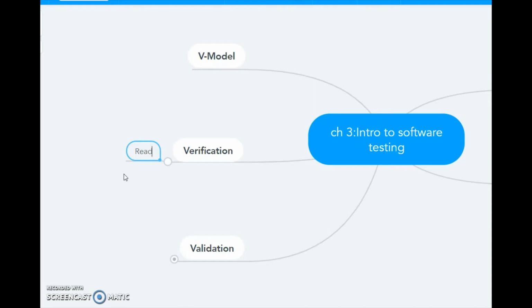Once we understand the requirement, we are able to identify the issues in that particular document. Why? Because once you understand anything, it's pretty easy to identify whether the document or that particular concept is foolproof, or it has some issues or defects.